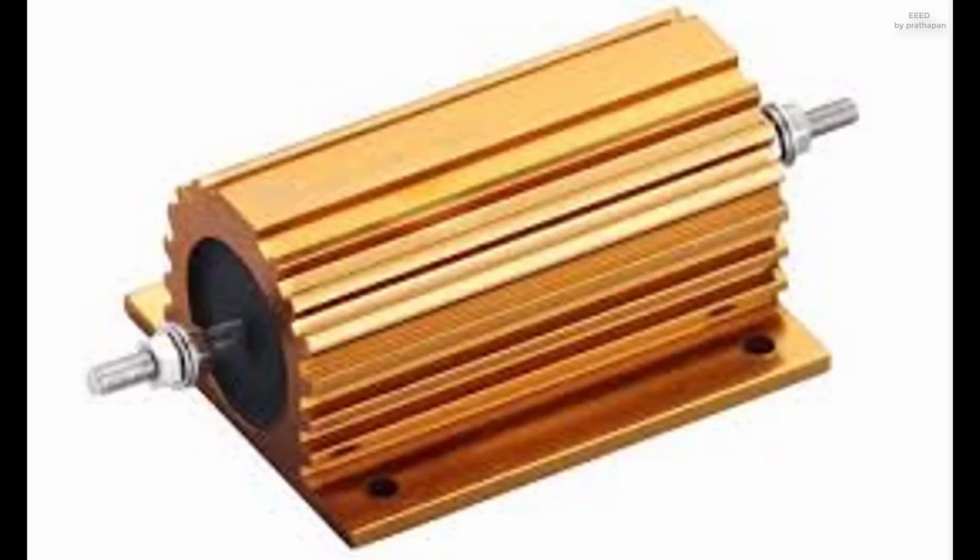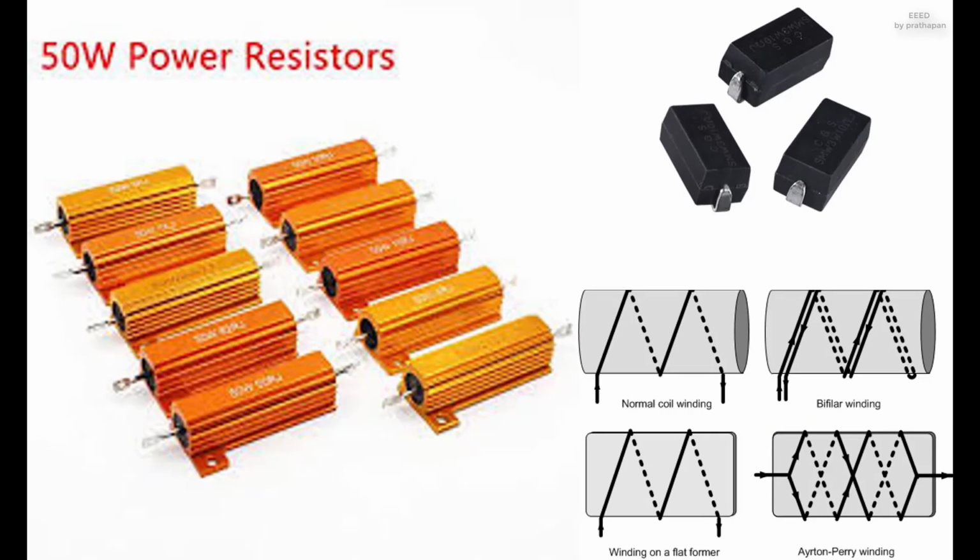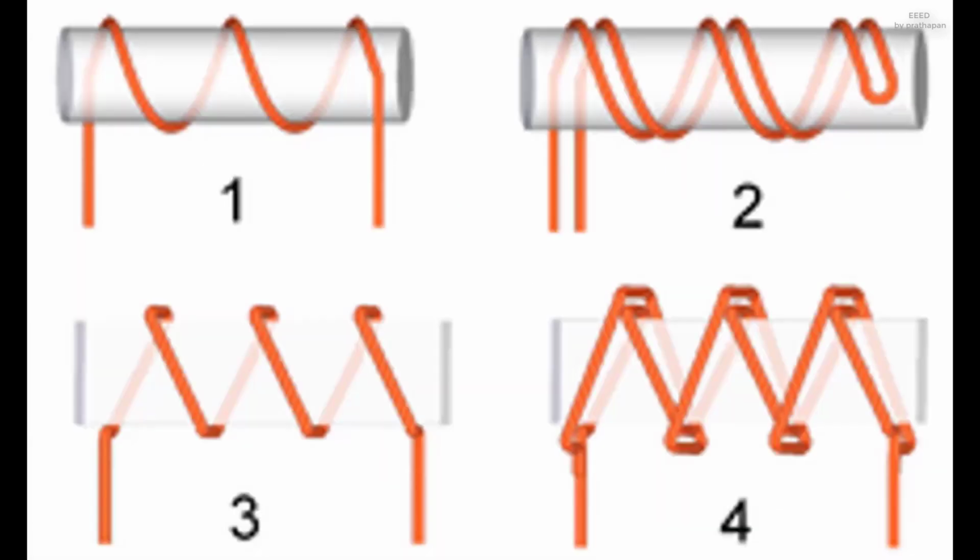Wire wound. High power wire wound resistors used for dynamic braking on an electric railway car. Such resistors may dissipate many kilowatts for an extended length of time. Types of windings in wire resistors: 1 common, 2 bifilar, 3 common on a thin former,